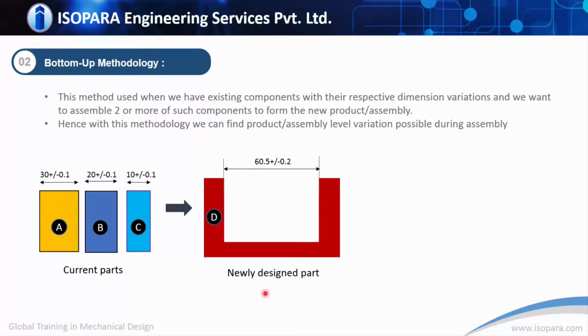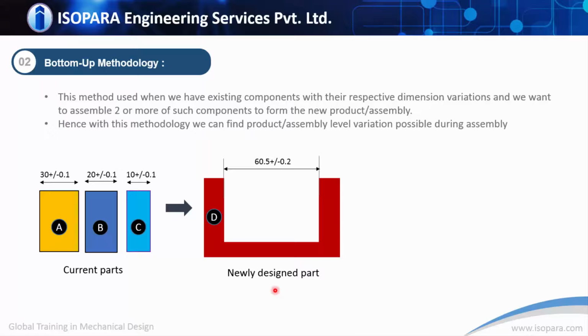Here, as shown in the diagram, parts A, B, C are already existing productionized parts which will be assembled together. Suppose we want to design a new part which will keep these parts assembled together. So we design part D as shown. Here we can easily conclude that the assembly of parts A, B and C will give a worst case distance of 60.3 mm. Hence, it is obvious that part D should have a worst case distance of 60.3 mm. Hence, we design part D